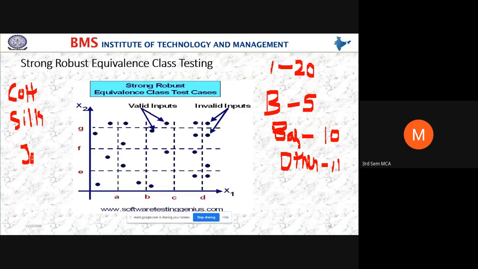georgette, chiffon. If you go to a shop and ask the shopkeeper, show me a sari, then he will ask you your range. First thing he'll ask is in what range you want. You want up to 500, or 1000 to 2000, or more than 5000. If I say I want a silk sari, generally the silk sari will be more than 2000